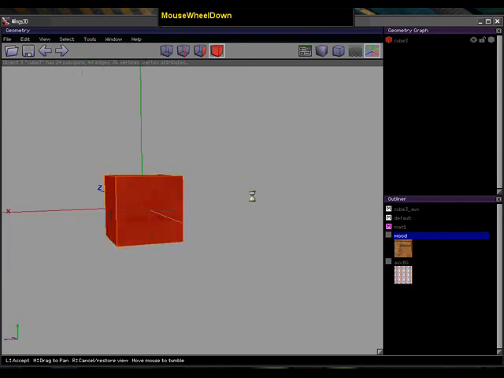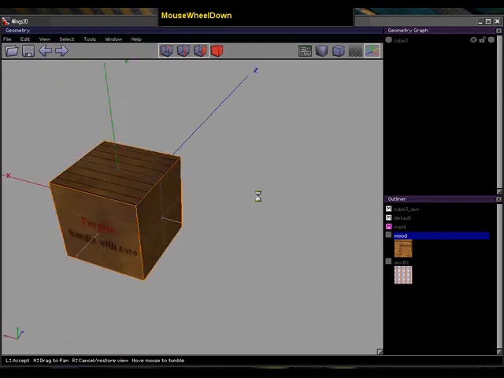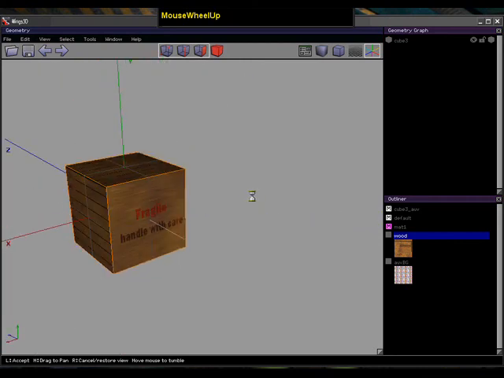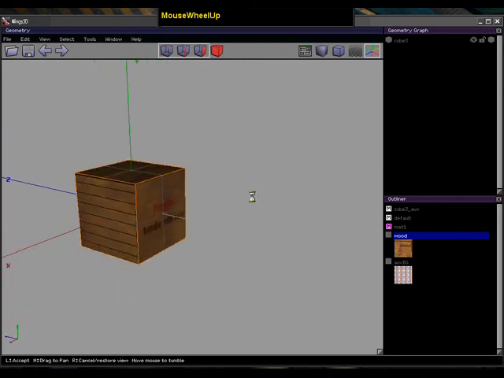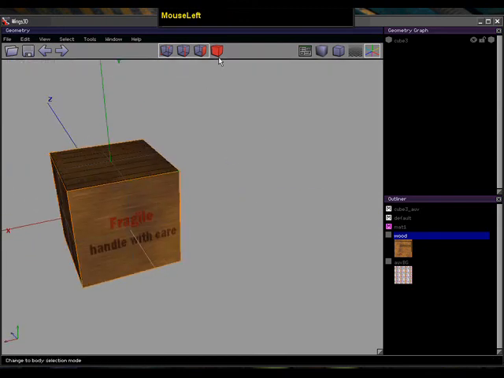I'm not sure exactly why, but the same way that it marks the edges for hardness, it also marks them for split on the UV map. And so just something to pay attention to. Okay, so